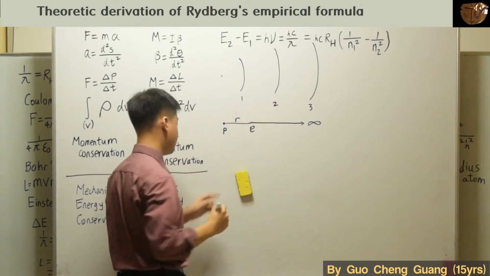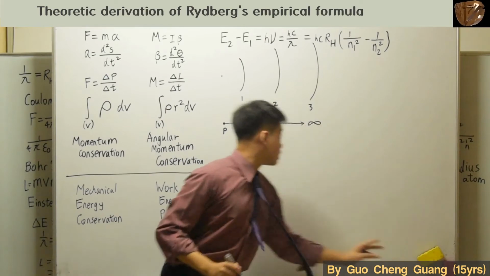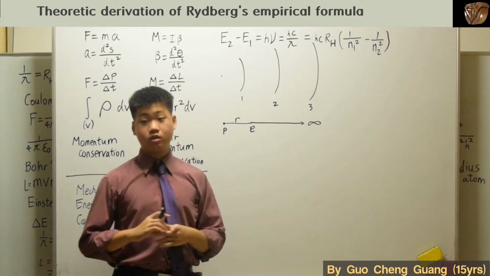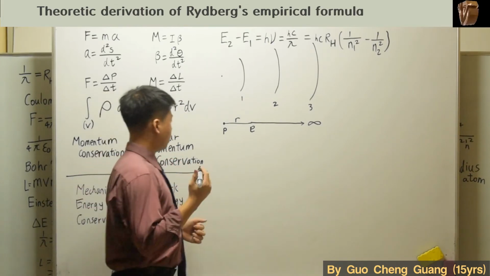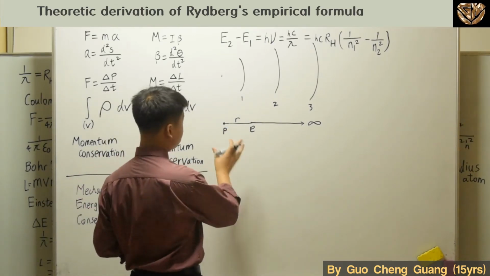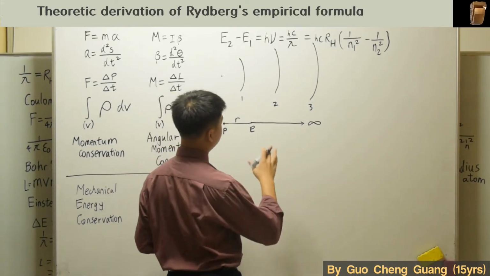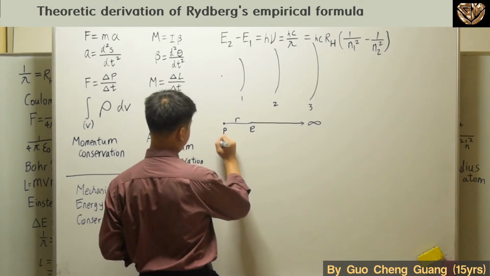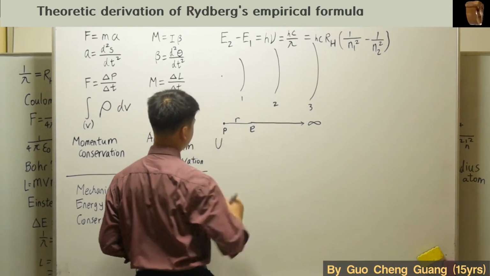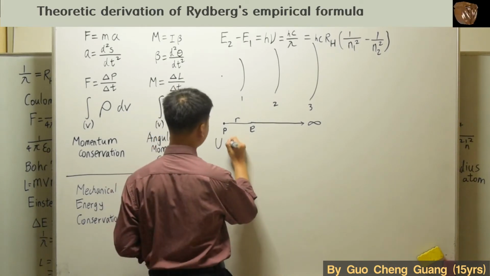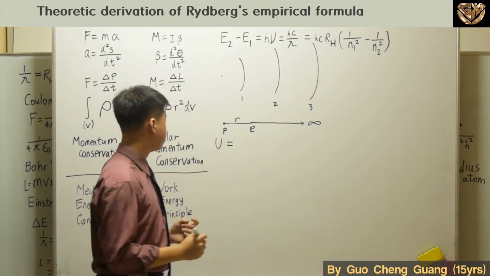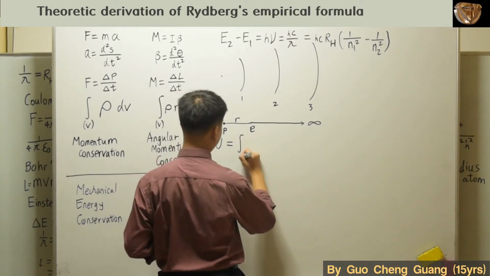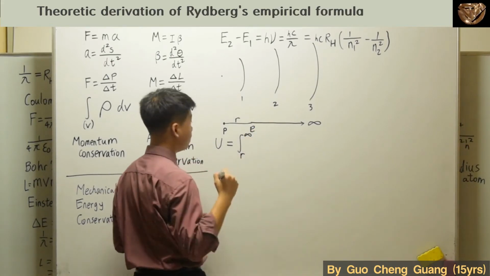So I hope this makes it less confusing, alright? So now it is only the E moving towards infinite distance, alright? So you had an F, which is your Coulomb's force, you had an E, which is your electrostatic field strength, and in this case we would be calling it U, alright? So for U, what you would be seeing is integrate from R to infinity,